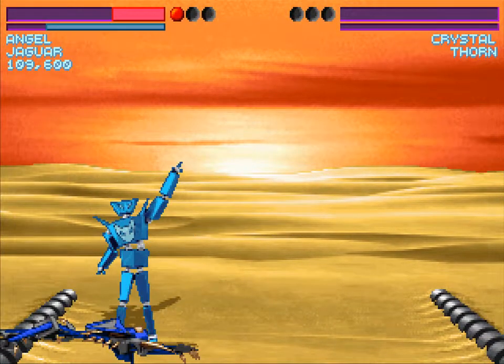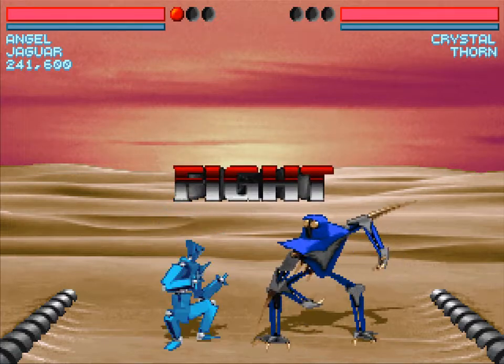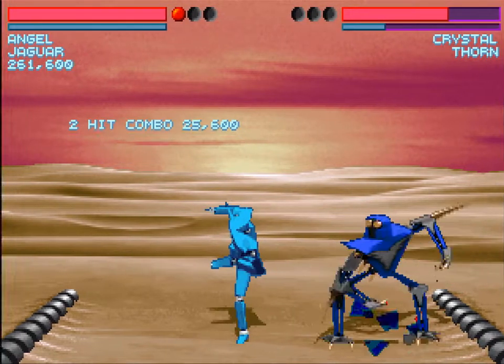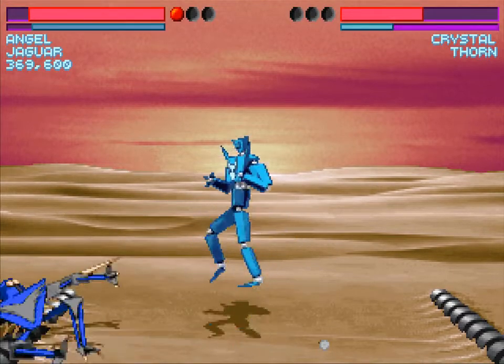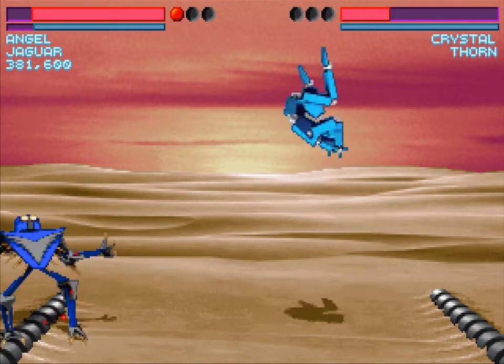Alright. Now let's start taking this seriously. Start working some combos in and seeing what we can do. Alright. Yeah. My favorite combo is drop kick, low kick, or crouch kick. Yeah, there's the